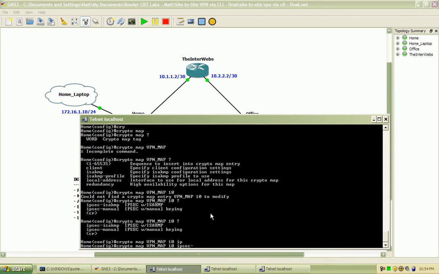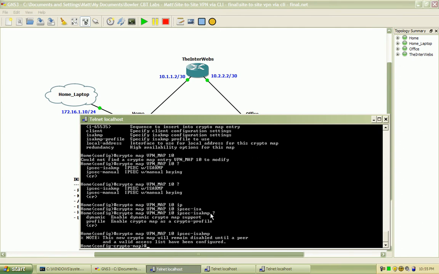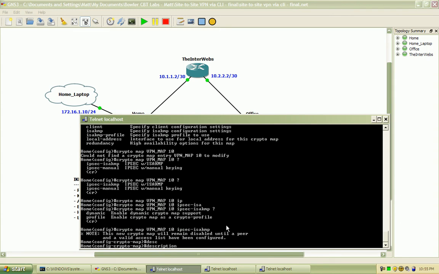This is going to be an IPSec ISAKMP crypto map, so define that. Go ahead and hit enter. This new crypto map will remain disabled until a peer and valid access lists have been configured. Well, they have been. Okay, we'll make a description for this. Say this is the home to office VPN,